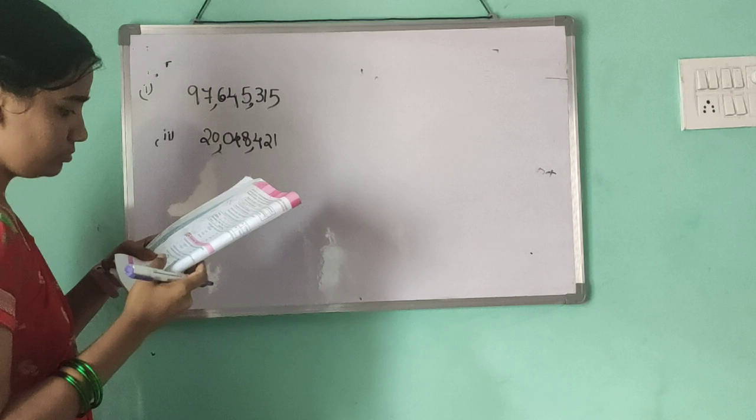The digit at the hundreds place. Hundreds place means tens, ones, 100. So 4 is the second answer. The digit at the 10 million place. 10 million place means, sorry, 1 crore. 1 crore is the 10 million. So 0 is the third answer. Coming to the fourth one: how many millions are there in the number? 1 million, 10 millions, 100 millions. So the answer is 302.